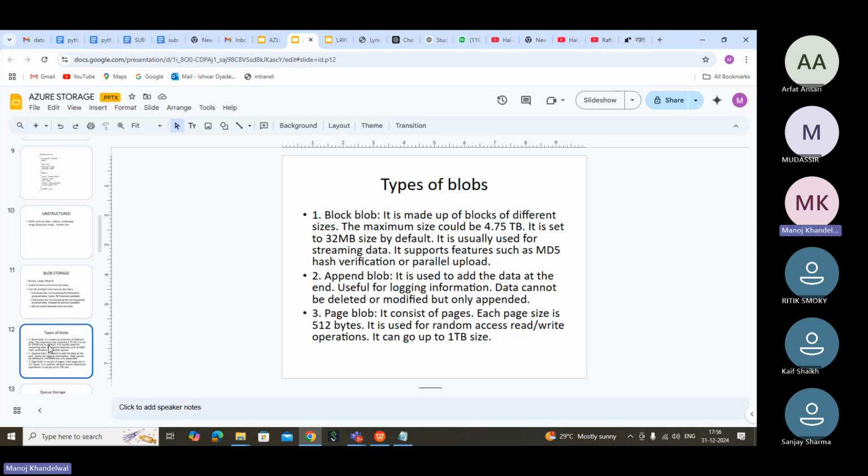Some data will be here, some in another place, but it creates a chain. You don't come to know. But if it is video, then you are storing the whole video at once, right? There is no chance of editing the video or something like that. So that is sequential data. Okay, so whenever you want to store sequential data, then blob is the best choice.